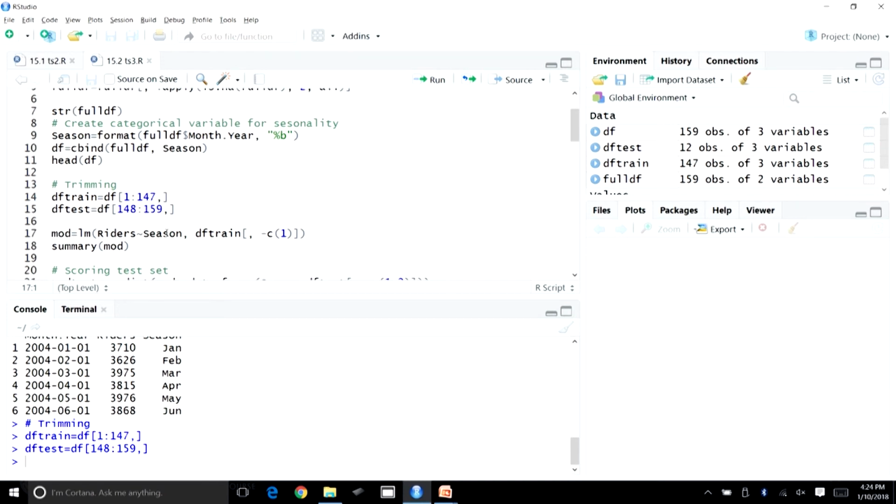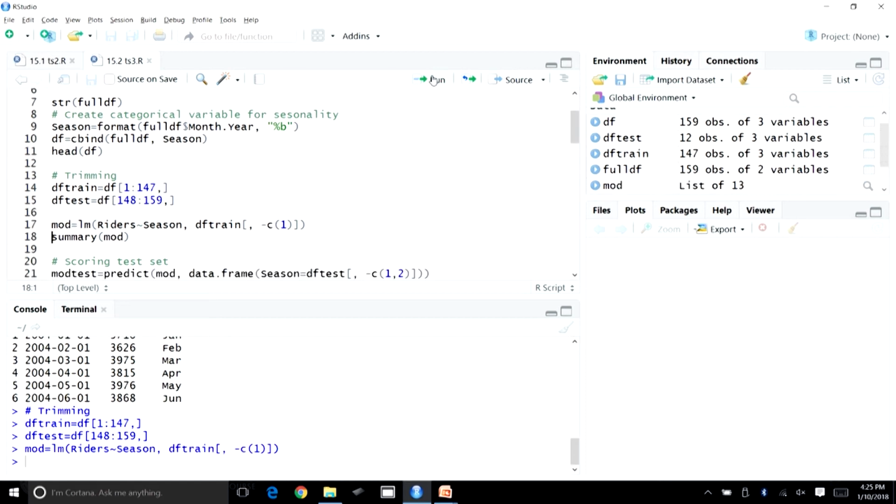However, in this exercise we are only focusing on the seasonality component, and that is why in this equation riders is being regressed against season, and the data frame is appropriately specified. So, let us build this model.